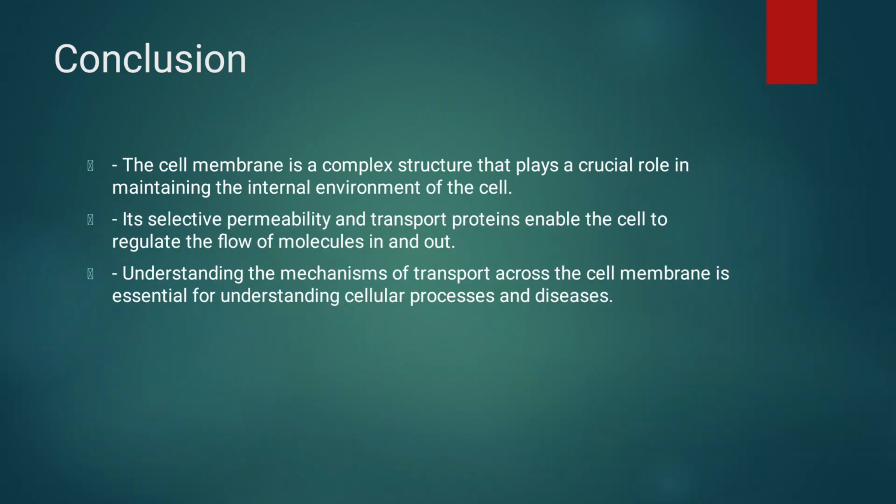Finally, the cell membrane is a complex structure which plays a crucial role in maintaining the internal environment of a cell by allowing certain substances to pass through it while blocking other substances. So we are saying the cell membrane is selectively permeable and it has transport proteins that enable the cells to regulate the flow of